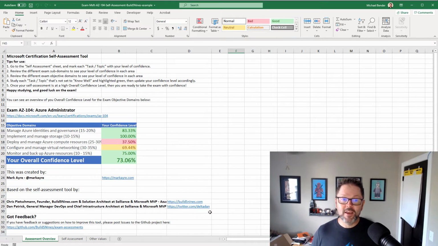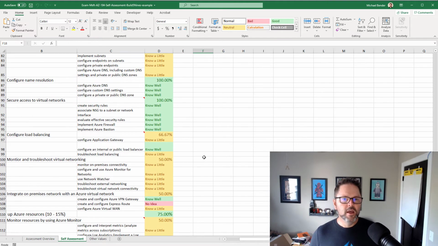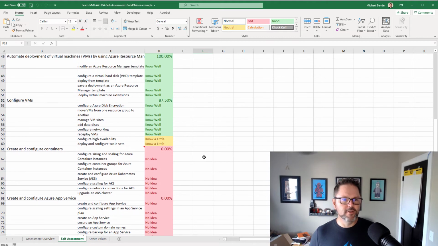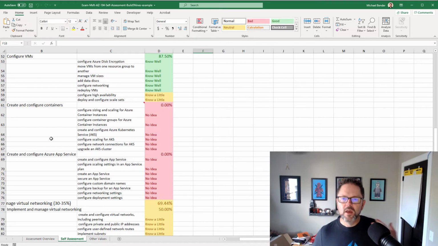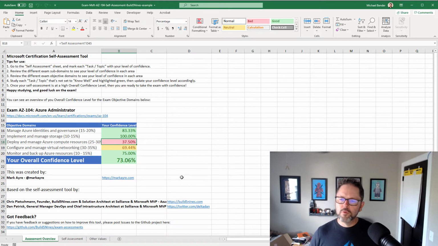So what this is going to mean for you when you're planning, go through this at the beginning. What are the areas you really need to focus in on? So those red areas. So I should probably spend a lot of time in Azure Compute Resources. And when I break that down, I know that most of those areas are going to be in containers and the Azure App Services. So this is a really great tool for you to be able to focus in.